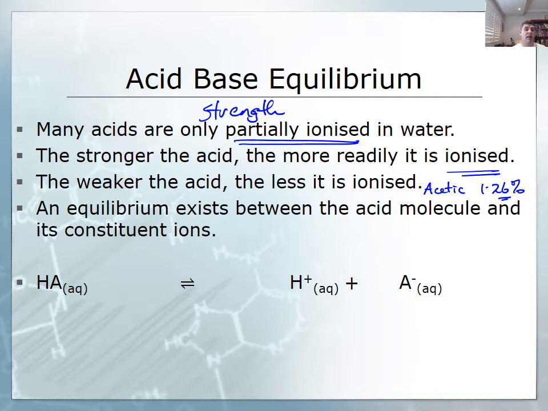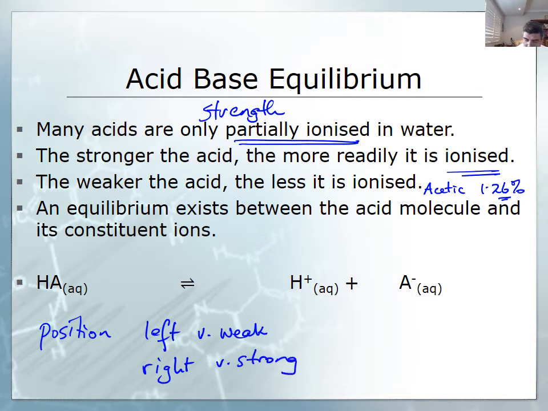So that means that we can write the process of ionization of acids as an equilibrium. This equilibrium means that the position of equilibrium may lie to the left for a very weak acid and will lie to the right for a very strong acid. Okay, and that just is a measure of the relative concentration of either the HA or the H plus and